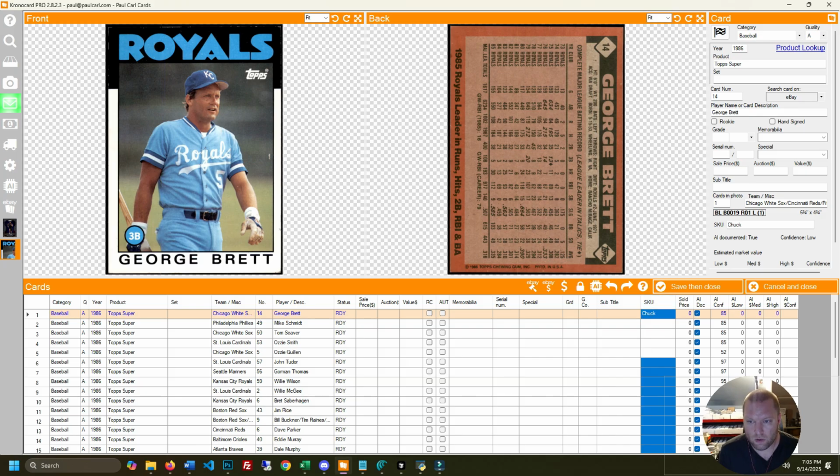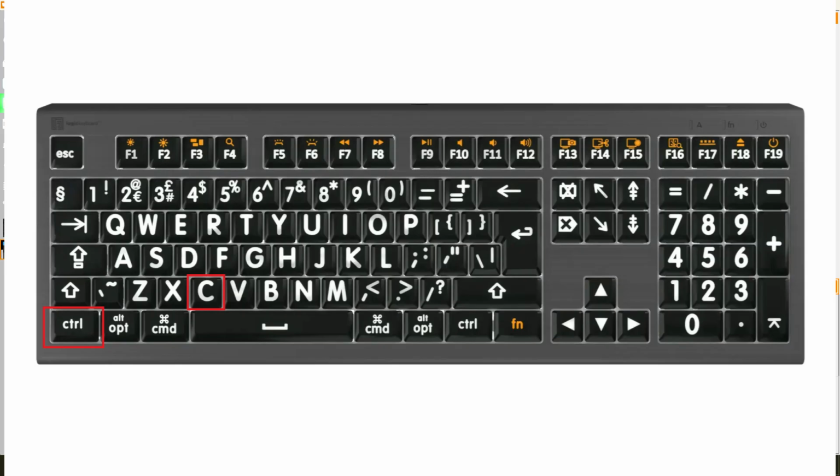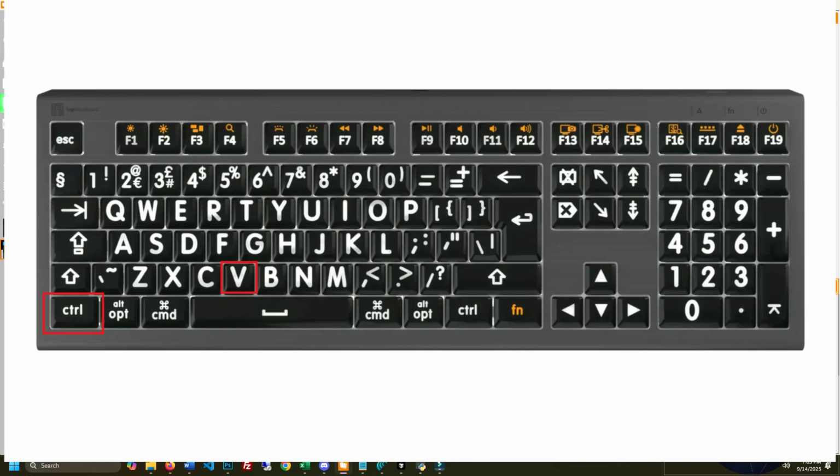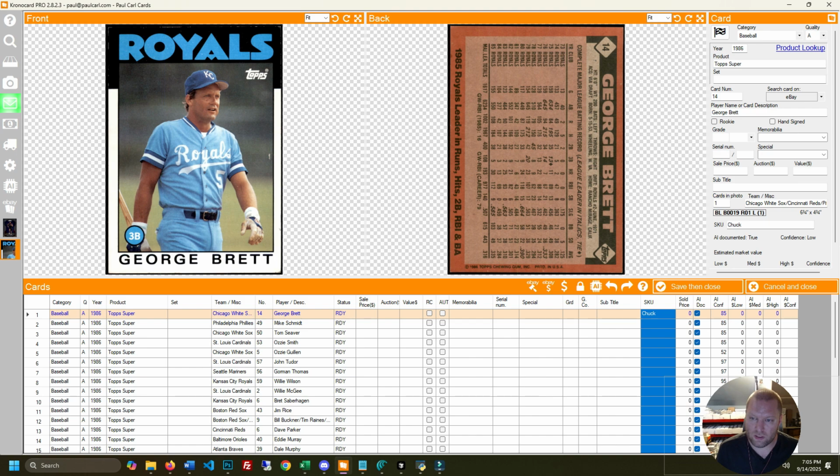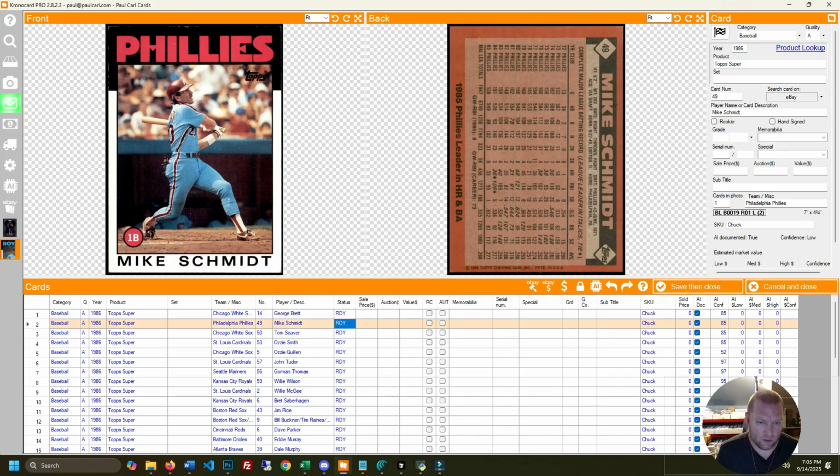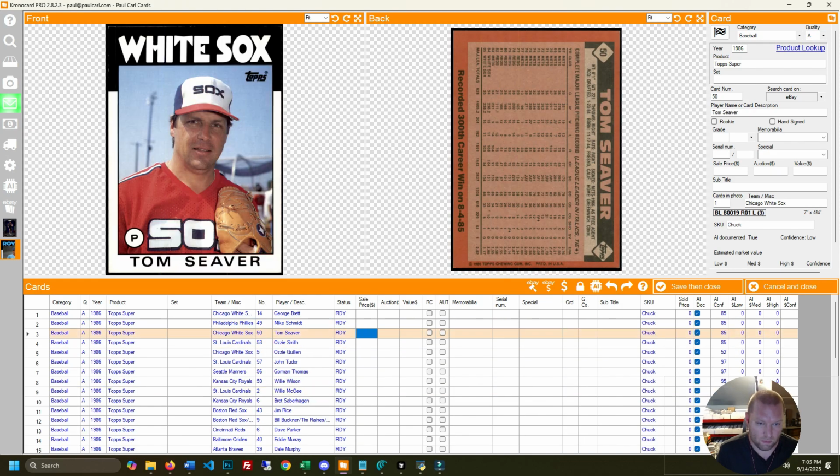And what I can do now is highlight the cell, hold down the control button, press C. Ctrl+C is copy, Ctrl+V is paste. So when I select this whole column here, I can now press Ctrl+V and every single one of those is filled. The other thing that you can do when you're selecting these different columns,